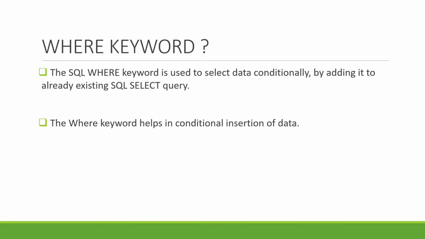The next is the where keyword. The where keyword is used with the select statement, and it helps us select or retrieve data in a conditional way, like the if-else statement that we have in our programming language. Similarly, where is used to perform the same functionality as those conditional statements. When I talk about the SQL select query, you will see the use of the where keyword.